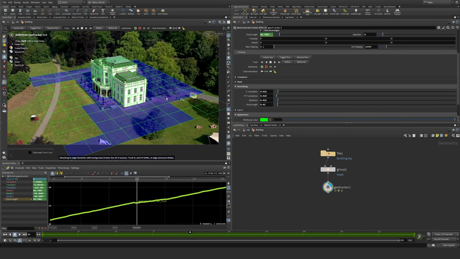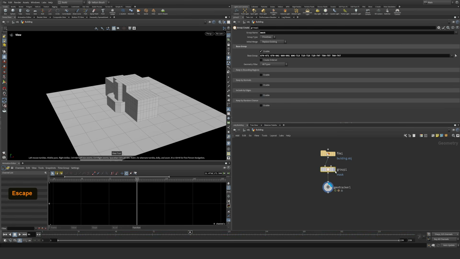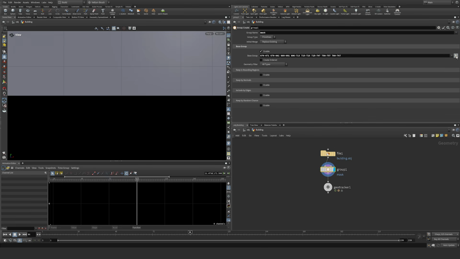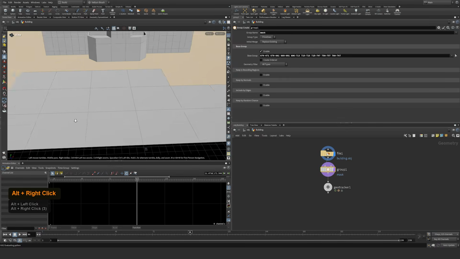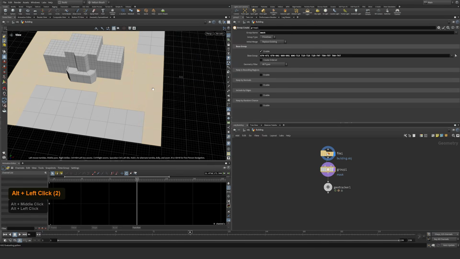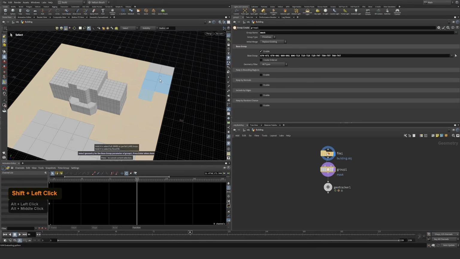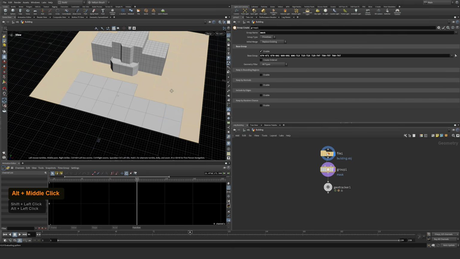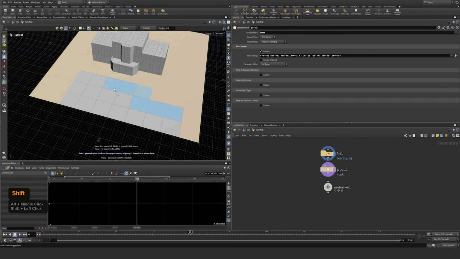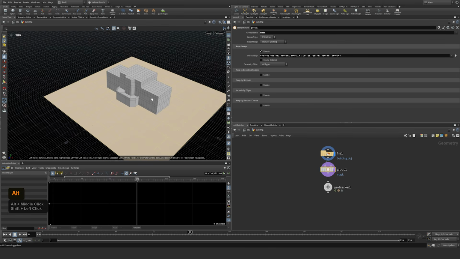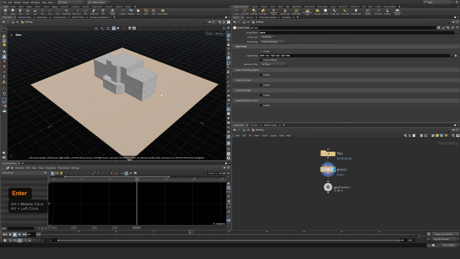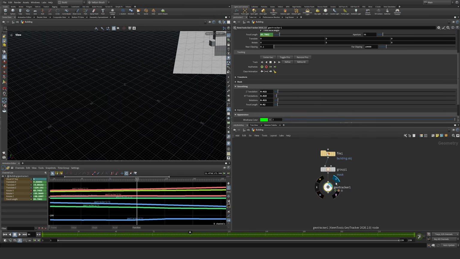So I'm going to escape, go over to my group, and I'm going to click the selection up here, which is going to show me my previous selection, and then I can just shift and select. I'm just going to go heavy-handed with it, and I'm going to mask out all of this. We probably can get away with just the building. So I'm just going to remove all of that, go back to my GeoTracker, display that, and then hit enter